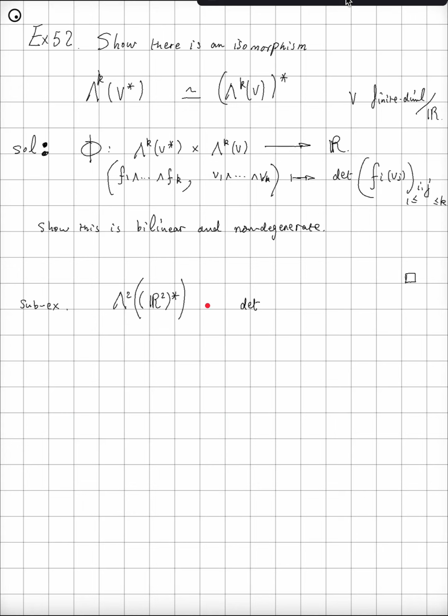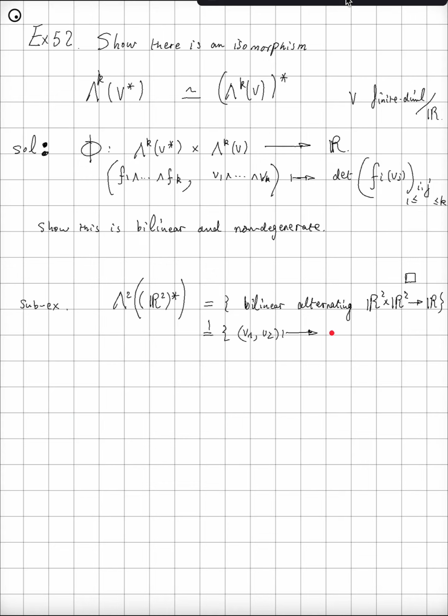So the basis is given by, let's first see, it's defined to be a bilinear alternating map from R2 Cartesian product to R, and we claim that a basis is given by v1, v2 mapped to